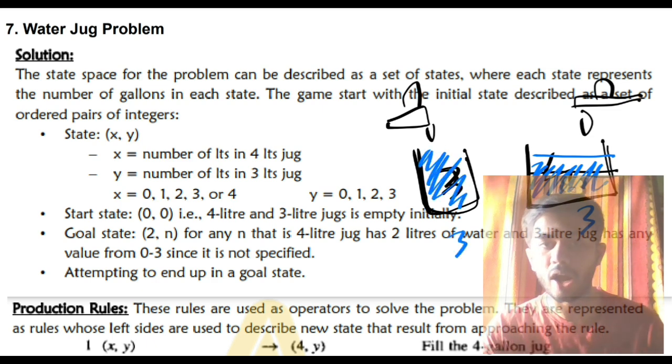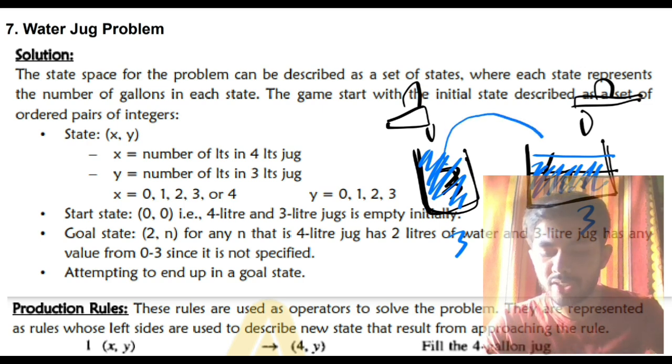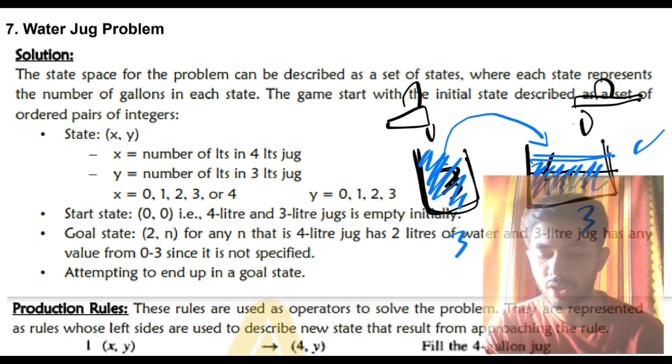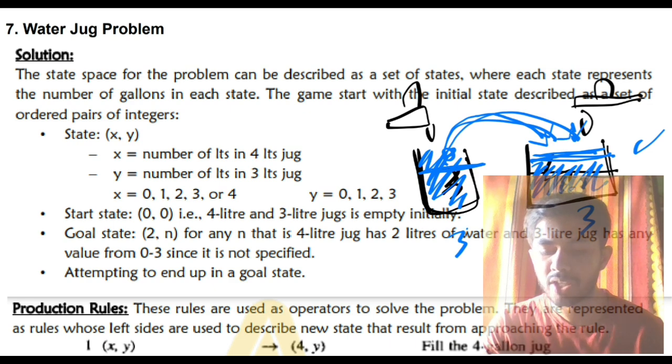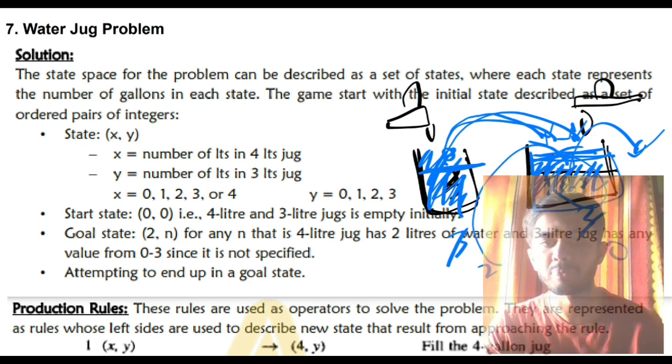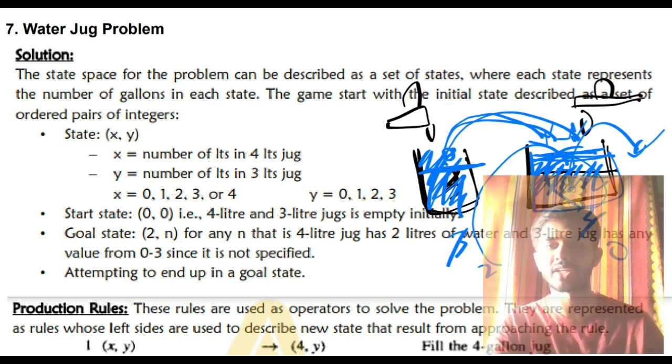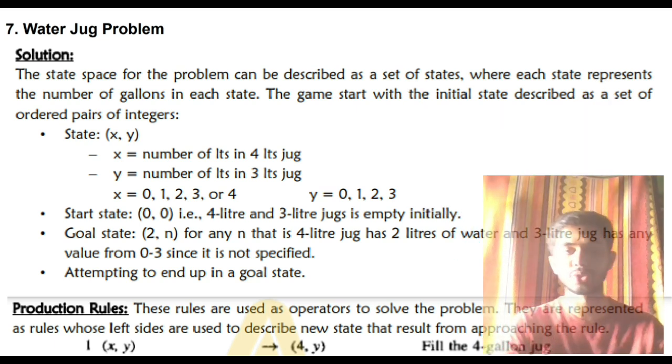After doing that, I'll transfer this water into the 4-liter jug until it becomes full. It already has 3 liters, so if I put 1 more liter, it will become full. I'll keep filling from this one and whenever it becomes full, I'll stop. So 1 liter from here gets transferred, and it will become 2 liters here. Now I have 2 liters present here. I'll throw the water in the 4-liter jug outside, so it will be empty, 0 here, and this 2 I'll transfer here, so this will become 2. Simple. If you did not understand, rewind it and watch. So that's how the solution is.